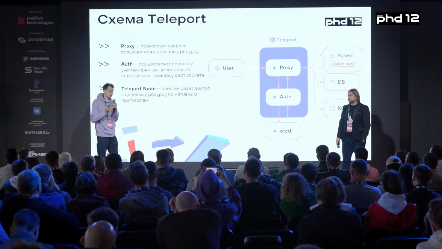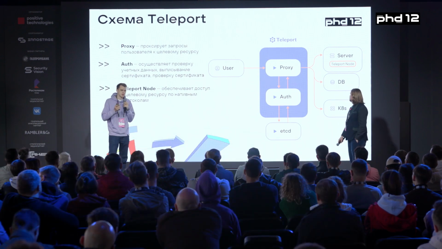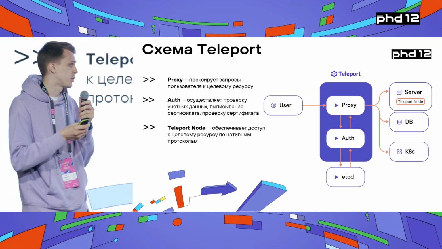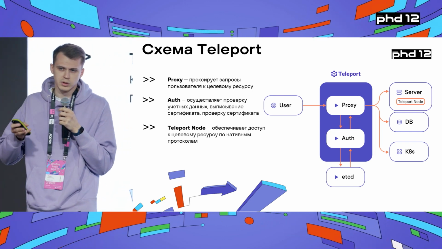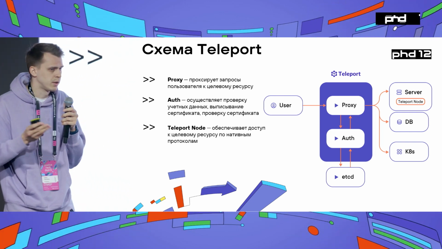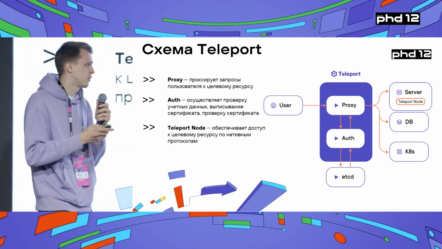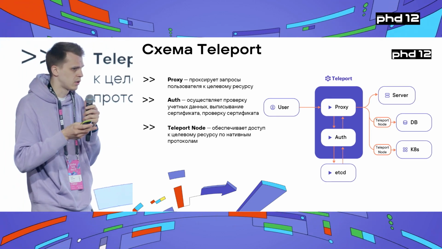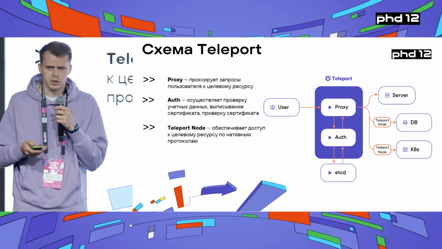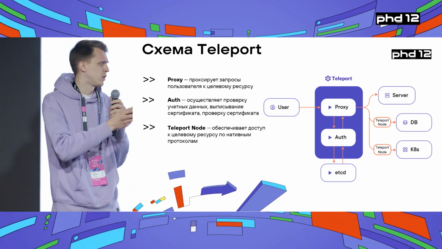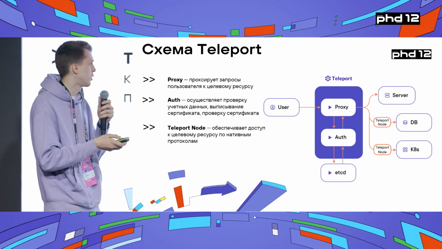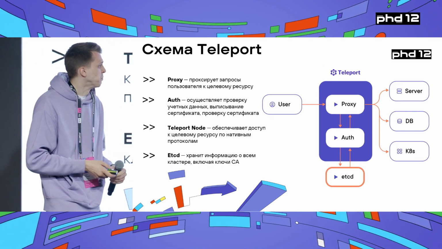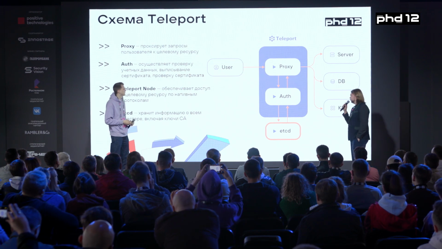Next component, that's the same binary teleport that would be installed on the resources so that you have to grant access to. If you want to grant access to the server, then actually it has to be installed as an extra binary, as an OpenSSH. If you want to grant an access to web or to something else, then actually you have to install it there, and that agent provides access using native protocols.